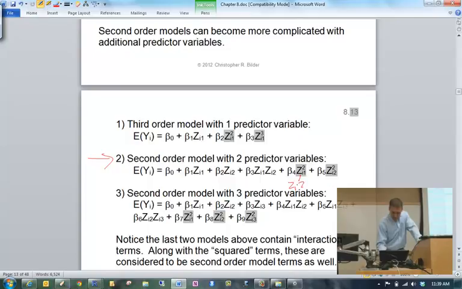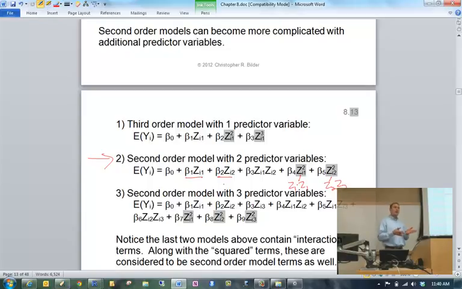So essentially what we're doing is this. Let me write this in here real fast. In addition to the linear terms, which are often referred to as main effects, a common term that you often hear people use, especially if you're taking Stat 802, in addition to these linear or main effect terms, we basically look at all pairwise combinations of Z1 and Z2. So we have Z1 times Z2, but also Z1 times Z1 as well, Z2 times Z2 as well. And so this is what a second order model looks like now with 2 predictor variables.